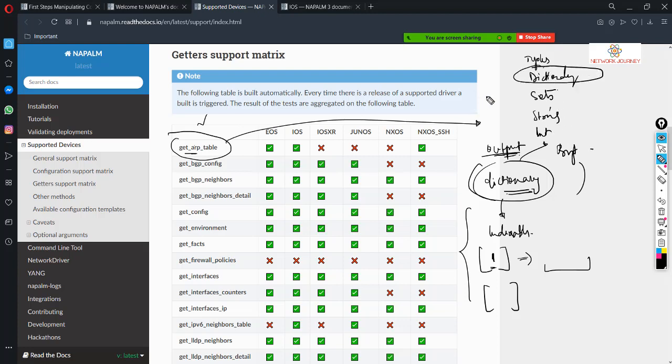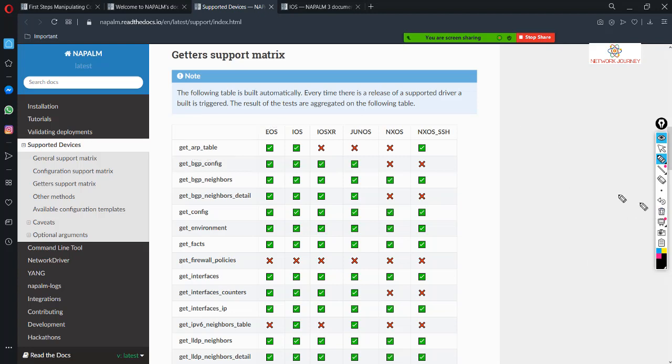In the case of the previous three, it used to be a string. Strings are non-indexable. We cannot index it. Why I'm talking about this is, think a little broader. You are writing code, and you are giving this script to someone who is not from a network background, or maybe he's a fresher, or maybe he's an L1 engineer.